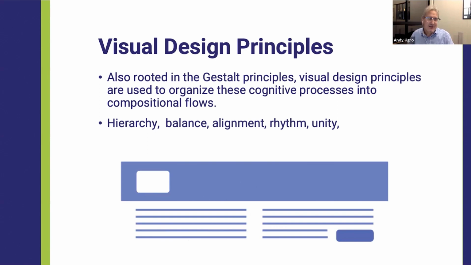So moving on to visual design principles. This is where we organize these cognitive processes into compositional flows. Now this is starting to sound like something: a cohesive, meaningful, visual stream of information. That just sounds beautiful. So we use hierarchy because without it, there'd be no discernible objects. There'd be nothing to draw the eye towards. It's often used as contrast, and that's to separate elements into separate groupings. We can draw attention to a particular area and hold it there, or we can draw it away